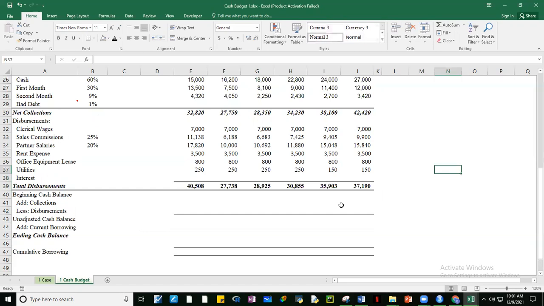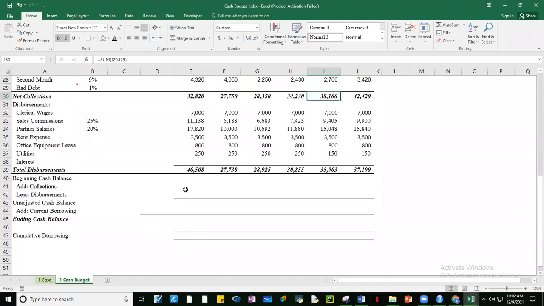Okay. Of course, guys, hindi pa kompleto 'yan, no? Immediately, guys, kita natin na January ang collection lang natin 32. Tapos ang disbursements natin 40. So we might be having some problems as far as our cash account is concerned, no? Yung iba barely lang, okay? Mas malaki pa rin yung sa March na disbursements. Then makaka-recover nung April, May, June, kasi mas malaki yung mga collections natin.